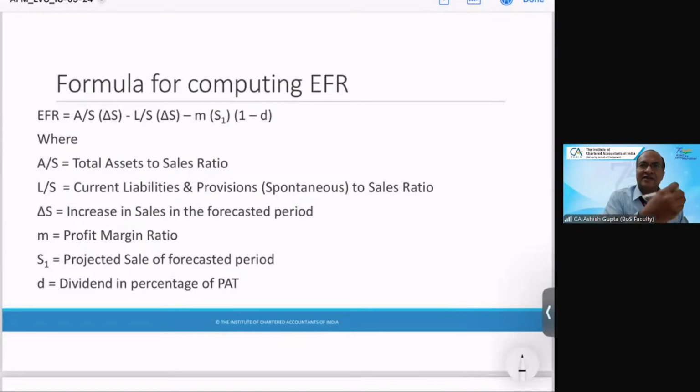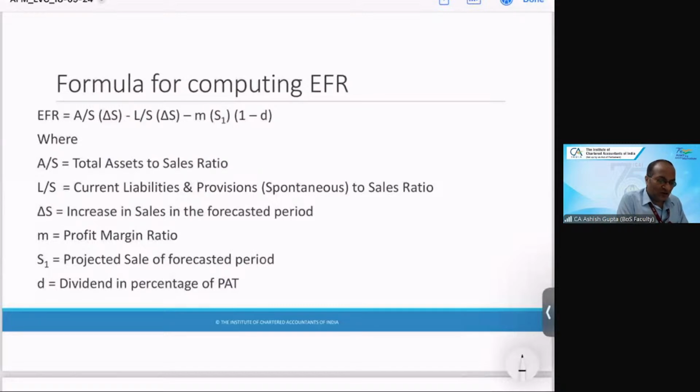Okay, all are rubbish. Some coaching people are distributing formula books, etc. Nothing. Hardly 2 or 3 formulas are available in the study material. Other formulas are logic based, and once you go through them, you will understand there is no need to cram them. So here is the formula.